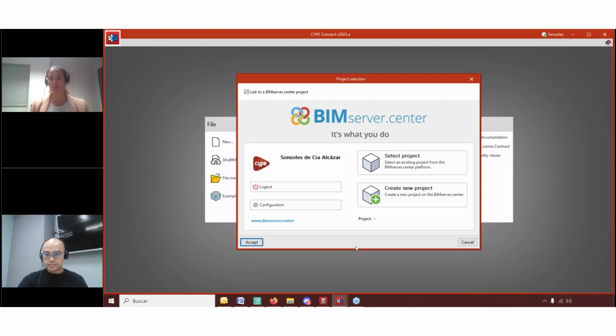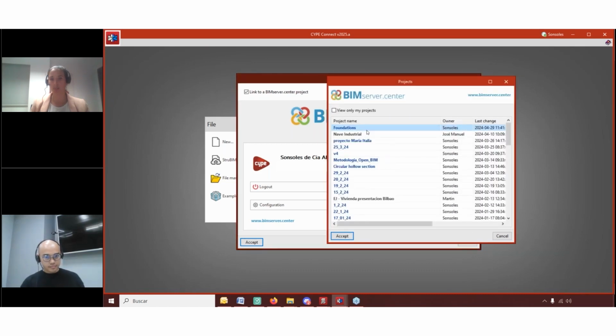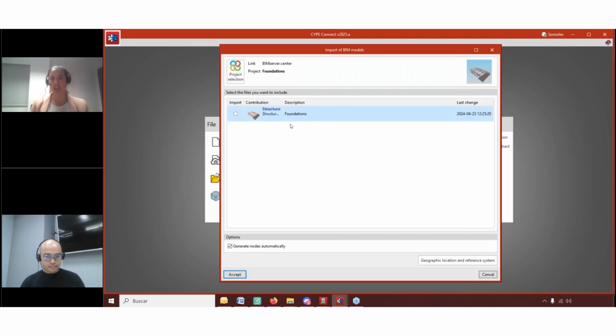So basically what we do is here when the software asks you whether you want to link yourself or not, you have to be logged into your account. And when you click here on select project, if you have created it previously, you will see here that I have one called foundations and that I shared the structure that we had seen,